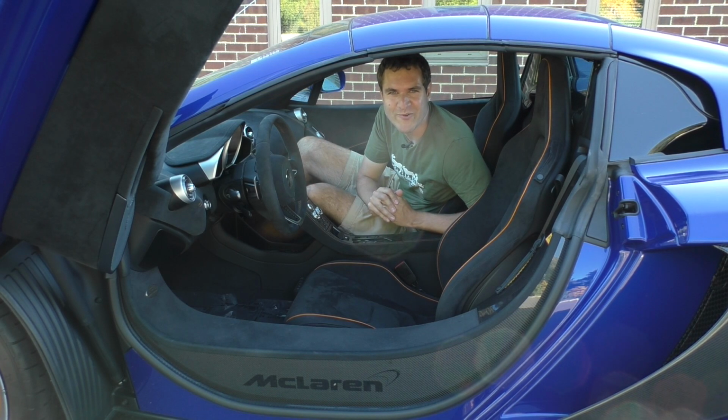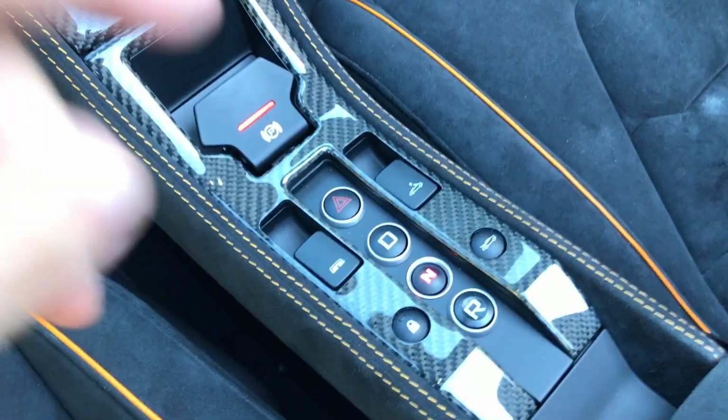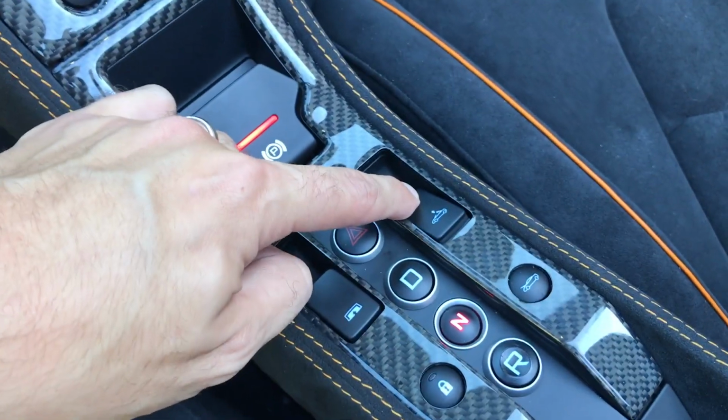but at least the McLaren logo is there to make you feel better about what you're climbing into. Now, one of the most interesting things about the 650S Spider is that it is, in fact, a Spider or a convertible, and so you probably want to see how the roof opens. Well, it's actually pretty simple. Push a little button in the center console, and